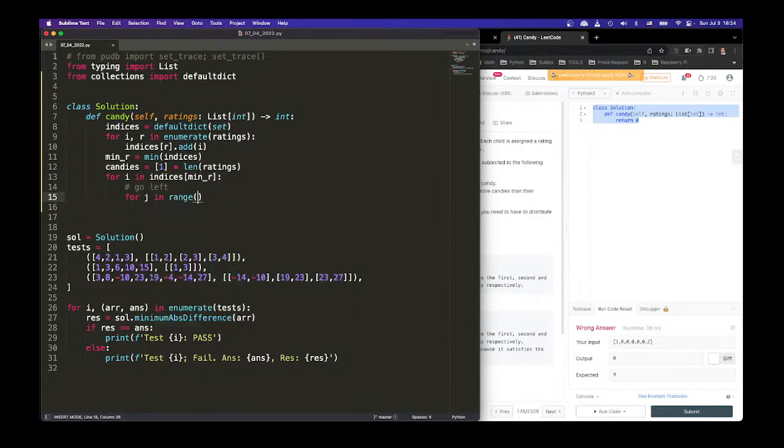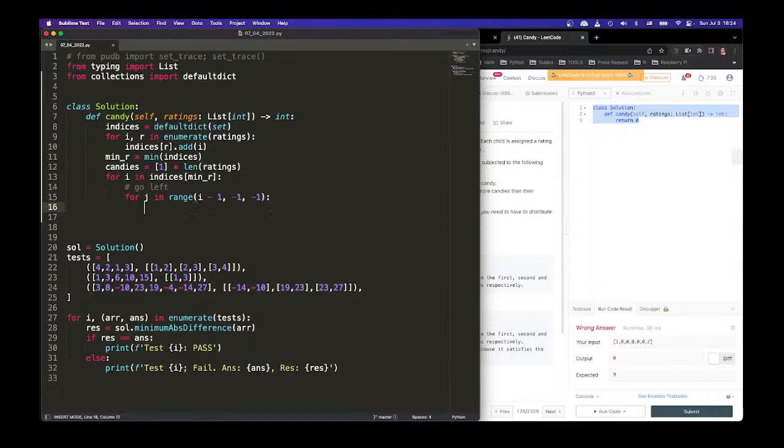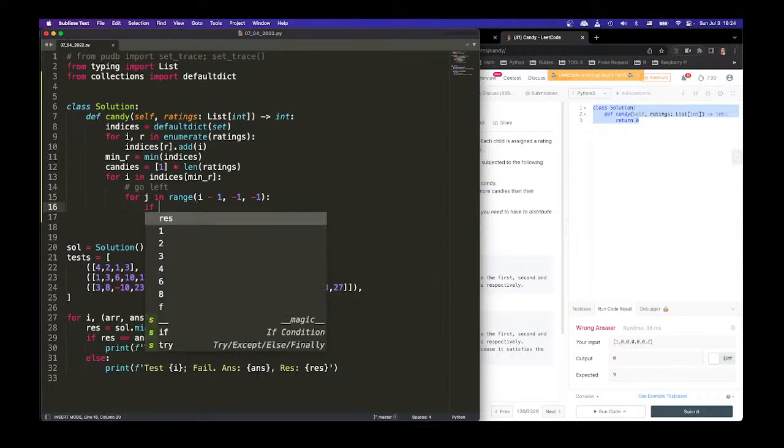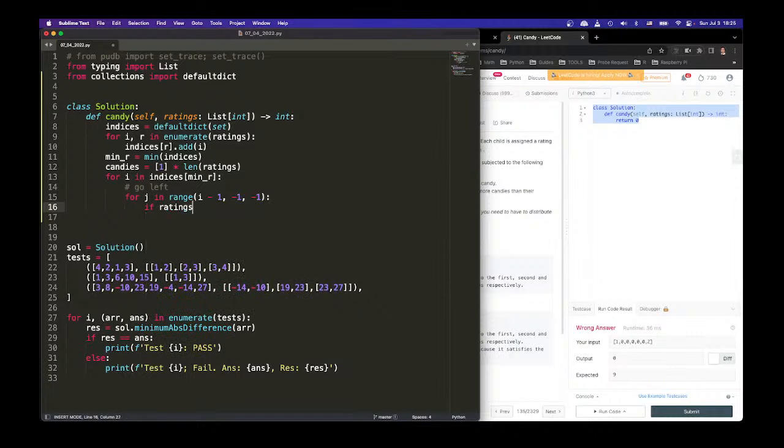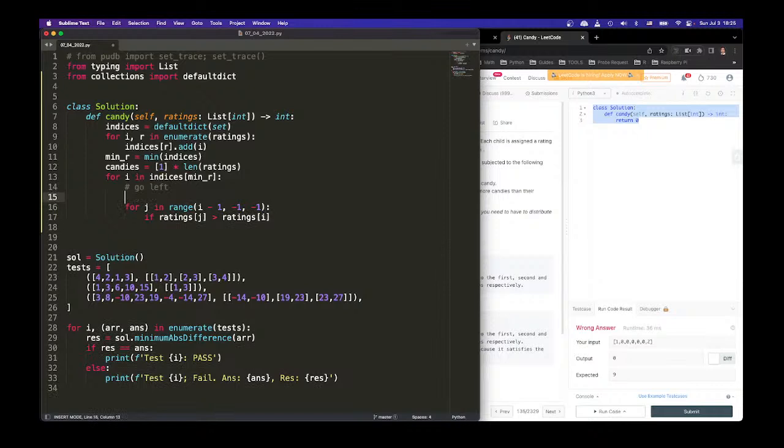And then we say go left. For j in range i minus 1 all the way to 0, and then we just slowly go up, right? So if ratings[j] is larger than ratings[i], i will change, right? Because we're going left. So actually, no, it's not i, it should be j plus 1. Right, because j goes from here all the way to, so if ratings[j] is larger than ratings[j+1], which is i,